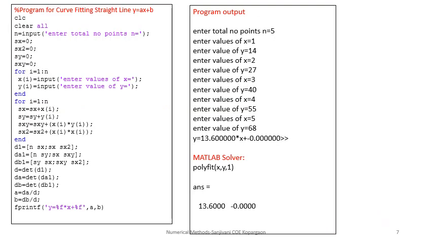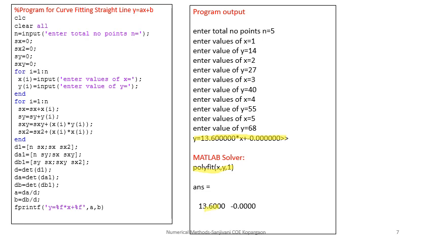Now this is the code. If you execute this code for, let us say, the numerical which we studied in the last slide, you will get this as the answer. It means the first example which we have studied, if you put it you will get this answer. And in a MATLAB command window, if you put polyfit as a solver, you will get this answer. So these two answers match.